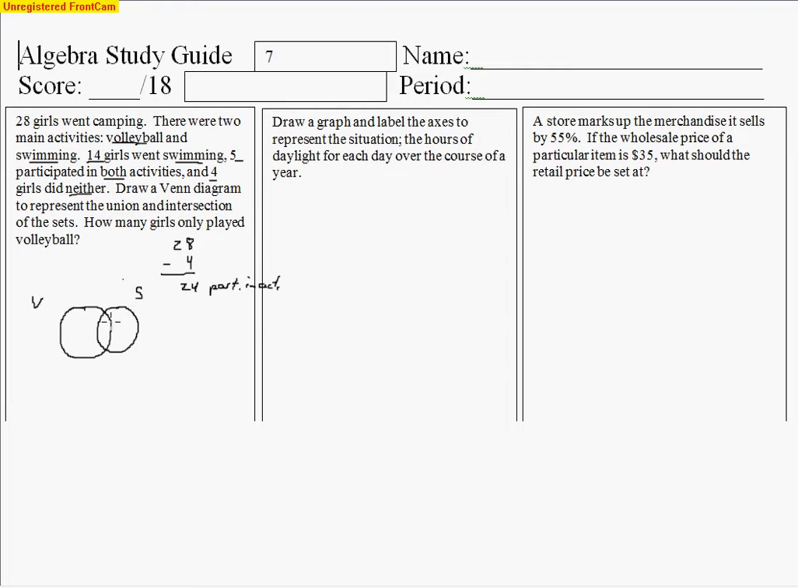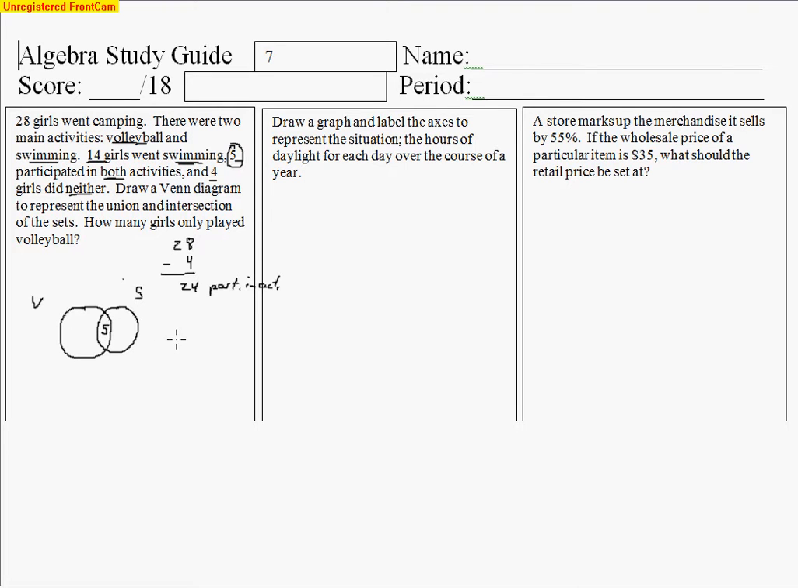What we do know right away in our Venn diagram is this part right here. It says 5 participated in both, so I can put the 5 right here. Out of those 24, 5 end up participating in both activities. And right here's another bit of information: 14 girls went swimming. So 14 wouldn't go in this spot right here because the 5 is included with that